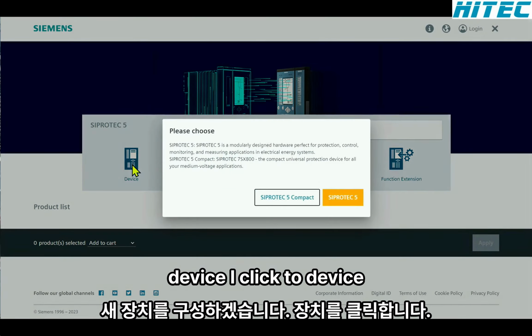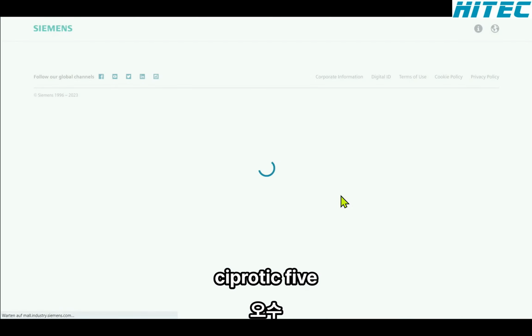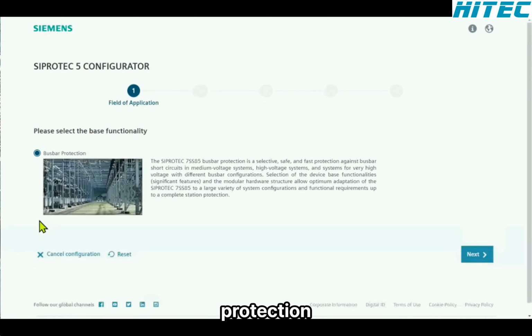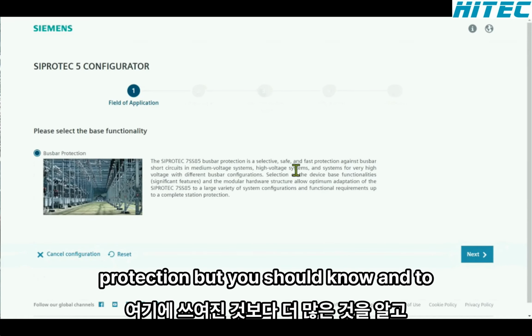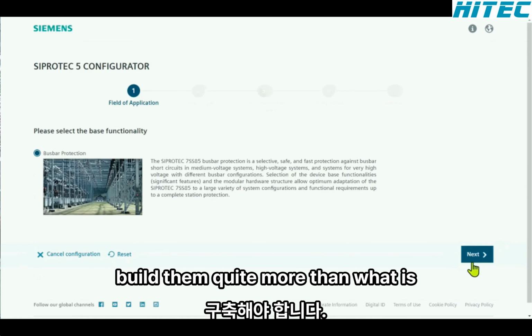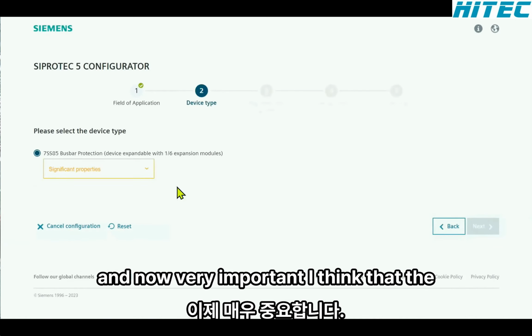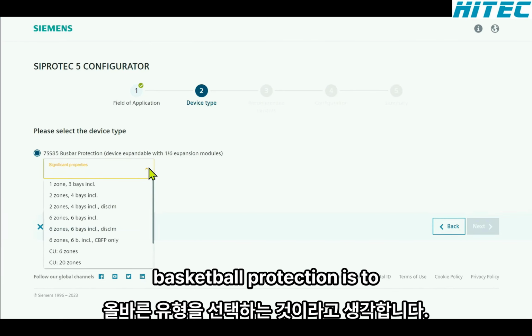I click to device. I say SIPROTEC 5. And I will select the busbar protection. So here are some words about busbar protection, but you should know in the meantime quite more than what is written here. I will say directly next. And now, very important, I think that's the most important step in configuring a busbar protection